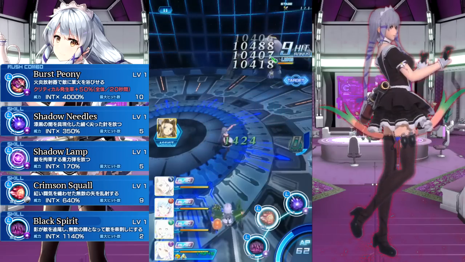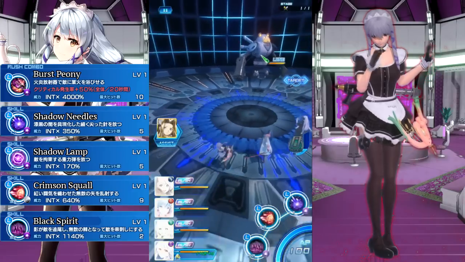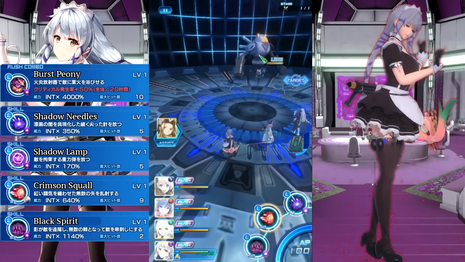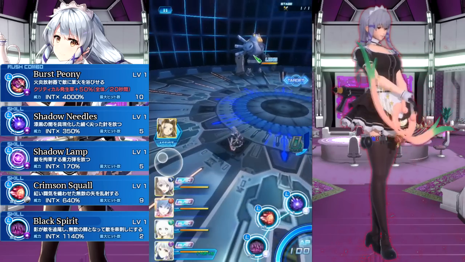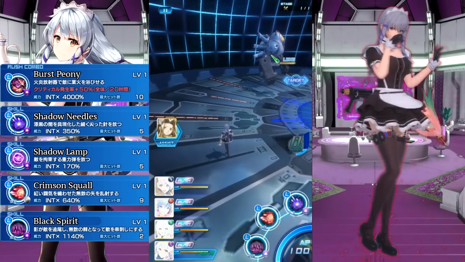Just the regular, very powerful Crimson Squall. Always has good rush gain, good damage, and it comes out very quickly. And then her third skill is actually one that I don't have with me right here. And I can't really show that off because I don't have Maid Clair myself. So I can't find one that has the Gravity Bullet, but her third skill is a Gravity Bullet type of